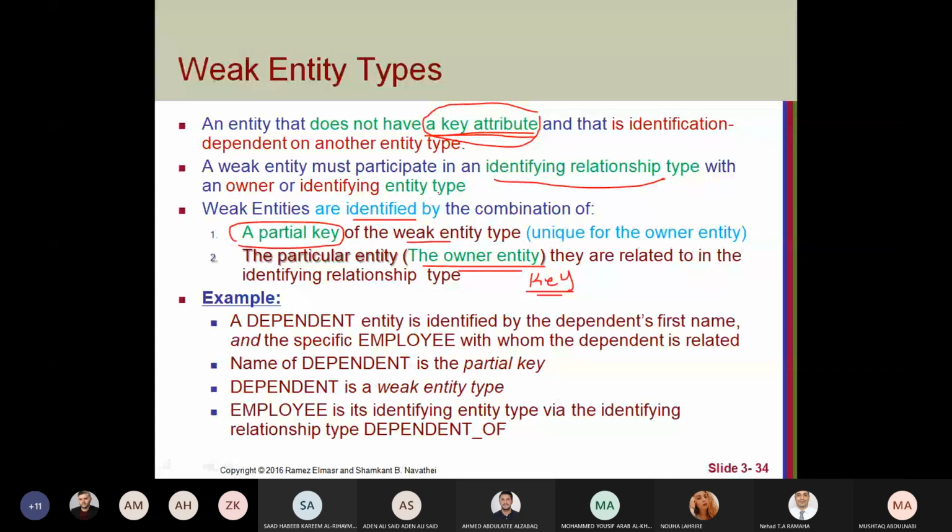So a weak entity does not have a key to identify it. That's why it needs an owner or identifying entity to identify this related entity, the weak entity. To identify the weak entity,